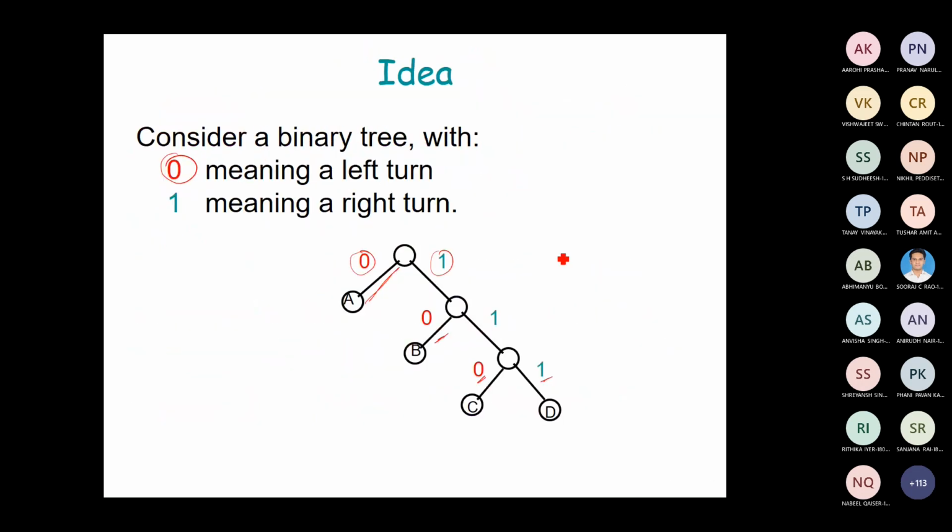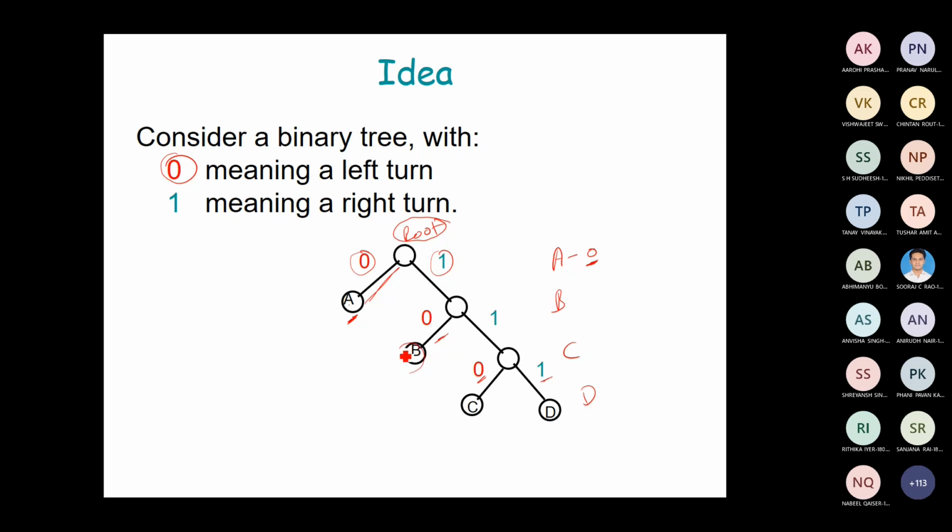Say I want to produce the unique code for the symbols A, B, C, and D. This is my root node. Starting from the root node, you traverse to the desired node with the given symbol. Suppose I want to produce the code for A. Then you have to start traversing from the root node to A. From root to A, I have only one edge, that is nothing but 0. So you encode it as 0.